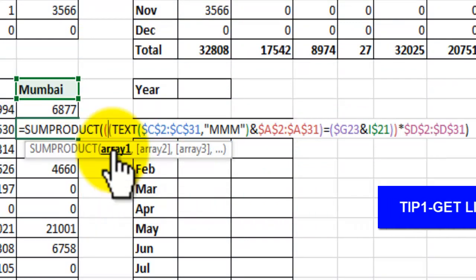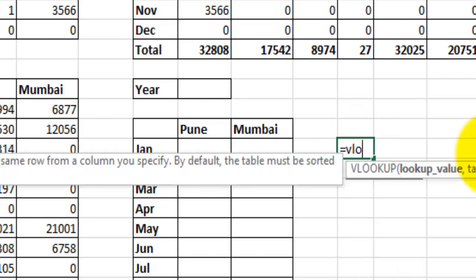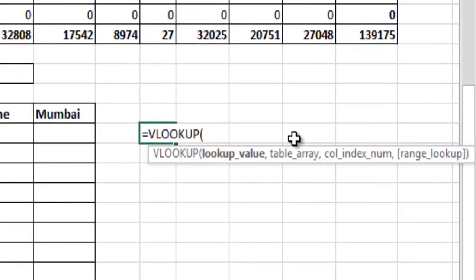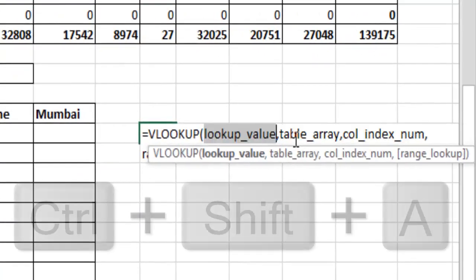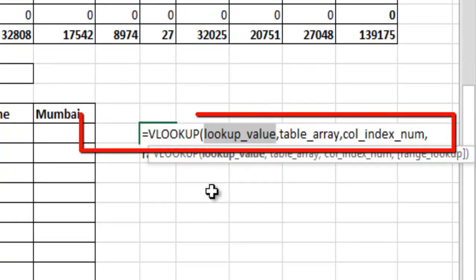any Excel function. Let's take the VLOOKUP function, and you want to see the list of arguments in VLOOKUP, then you need to type =VLOOKUP and open the VLOOKUP function with an open bracket and press Ctrl Shift A key. We will hold Ctrl Shift A and boom, it will give you the list of arguments in the VLOOKUP function.